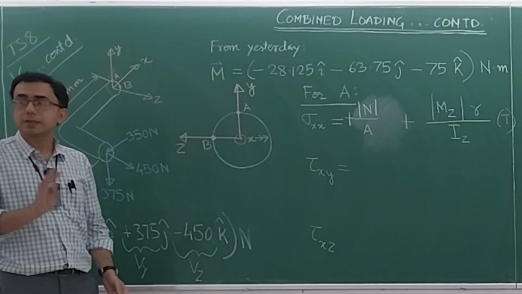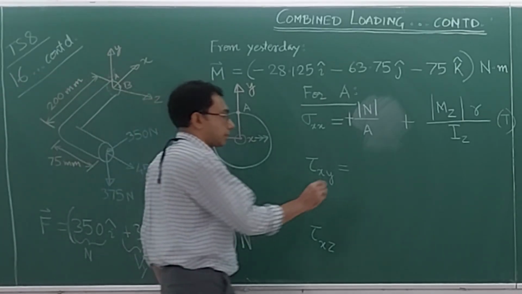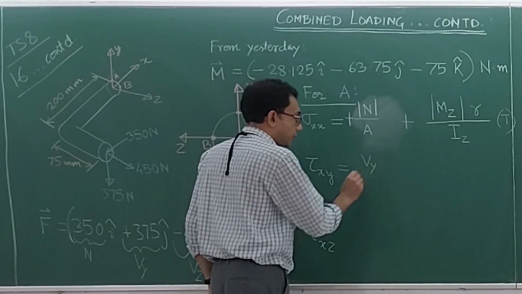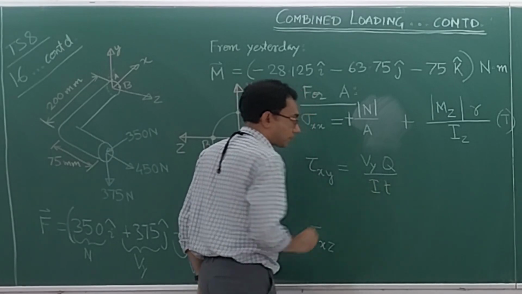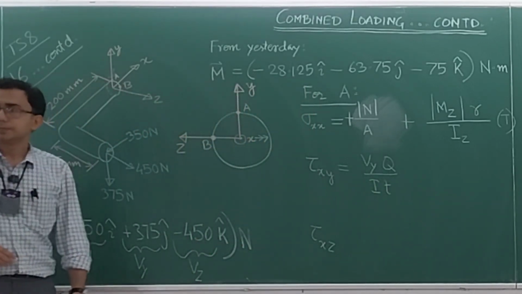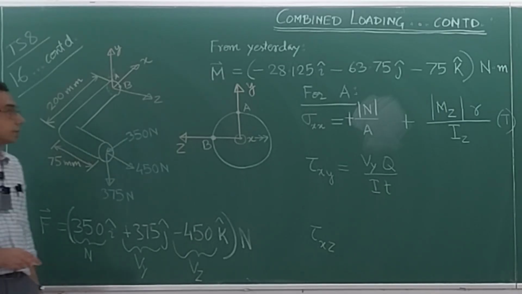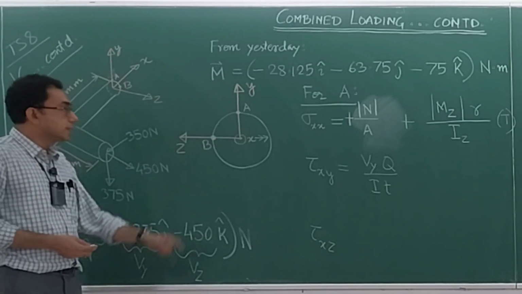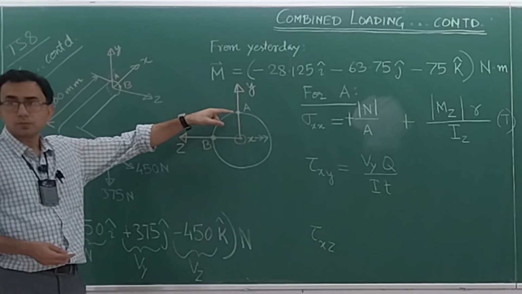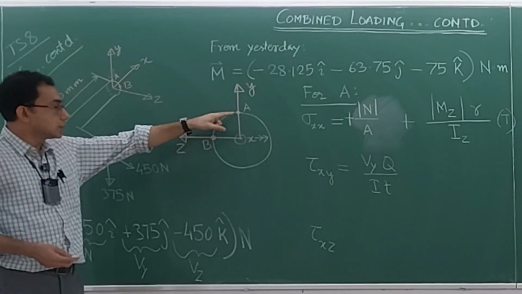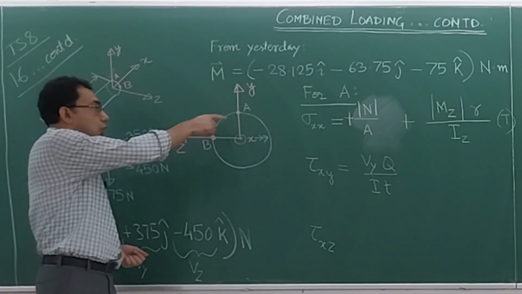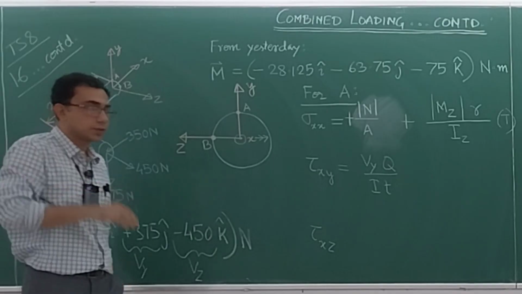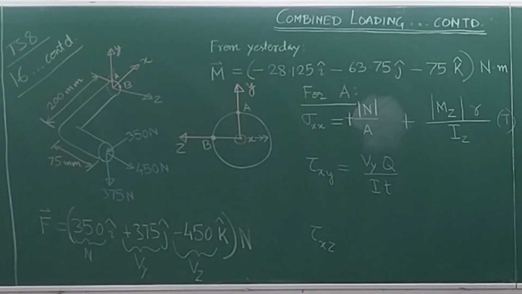Now let me just write the thing. Vy Q by It. This is the formula. But you note, where are we sitting? We are sitting at the top. Now at the top you have a tau xy, but if you look at the complementary shear stress which is on the surface of this thing,